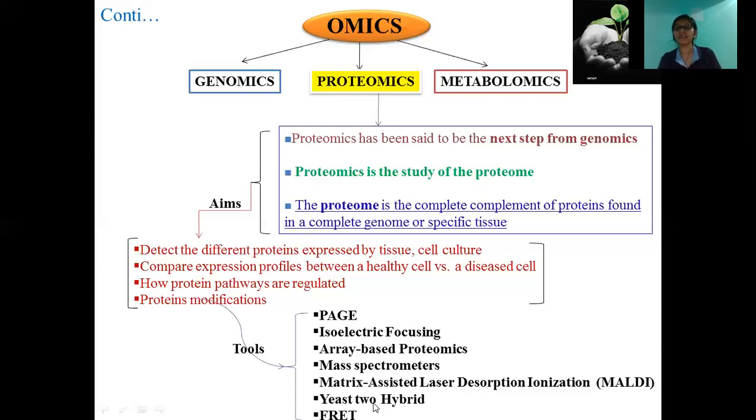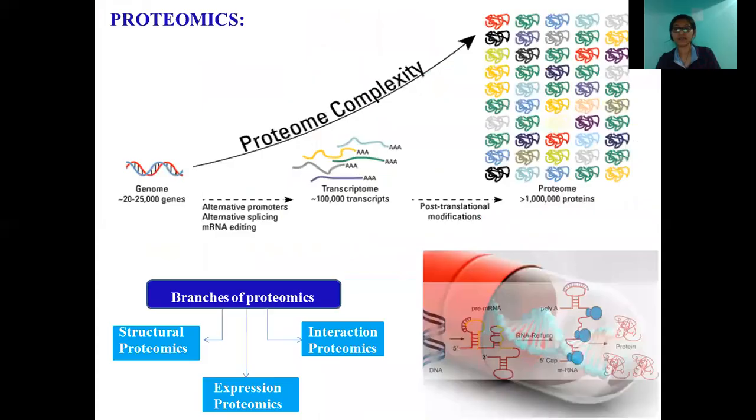These three techniques are mostly used in PPI study, meaning protein-protein interaction study, which is more commonly used, because in these techniques you can check the interaction between two or more proteins, so that it will be helpful in the identification of unknown protein function. That's why this is also important in proteomics study.